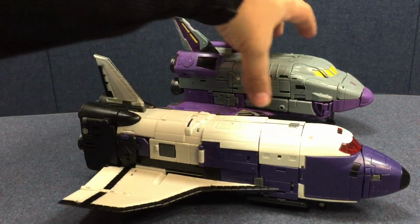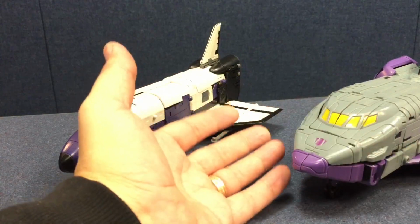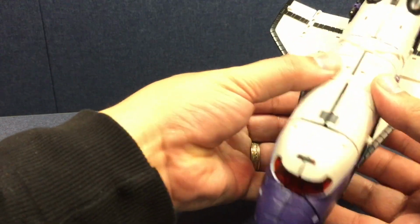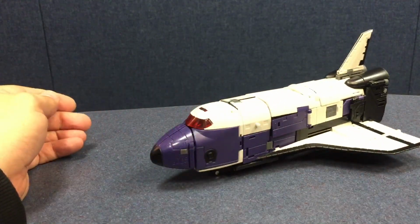A little taller. Wider. It's a stockier shuttle, but it doesn't look like a bad shuttle. This one looks more like the traditional NASA shuttle, albeit not in the right colors. So yeah,